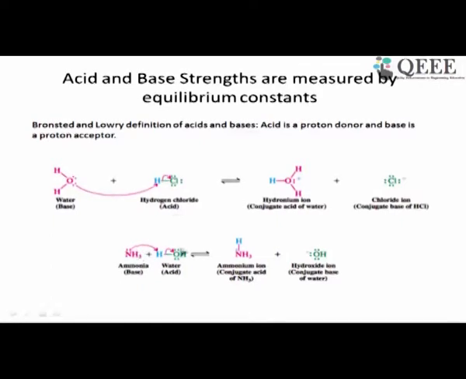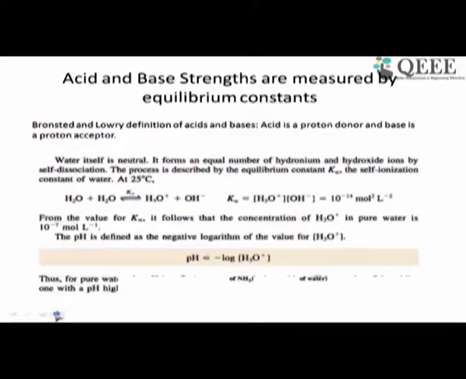When you bubble ammonia through water, ammonia picks up one proton from water and forms an ammonium ion and hydroxide. This is how it exists in water, and this again is an equilibrium. This equilibrium is not very far towards the right because ammonia is a weak base, so it's more or less in between. I don't know the exact value, but the point is it will also have a K value, an equilibrium constant. By using the equilibrium constant, you can find the acidity and basicity of these different acids and